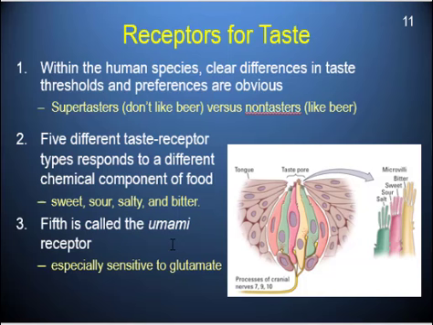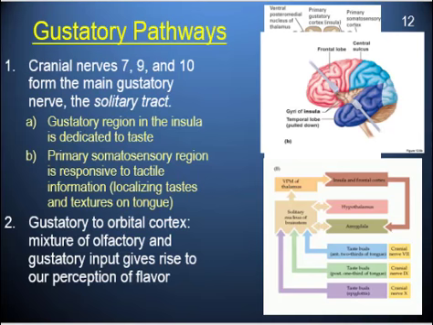But again, that's it. Your tongue isn't doing a lot of very exciting things, unlike your nose, which can discriminate between tons and tons of different smells. Your taste buds got 5 things going on. That's it. Sweet, sour, salty, bitter, umami, which is actually pretty boring. But we'll talk about why it's pretty boring and why your brain tricks you into thinking it's not boring in just a second. But let's talk about the taste pathways, and I get to use another one of my favorite words here. They are called the gustatory pathways, which I think is a phenomenal word.